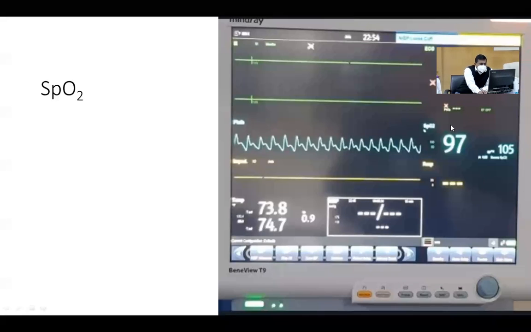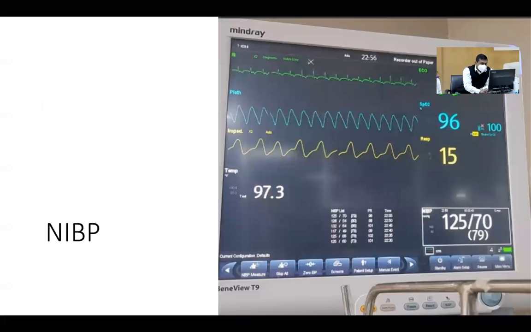You can see the saturation SpO2. There is a common mistake that sometimes the probe will be displaced and saturation will show different things. So always look at the waveform also, so that you make sure you are not giving false information to the doctor. NIBP you can see here,